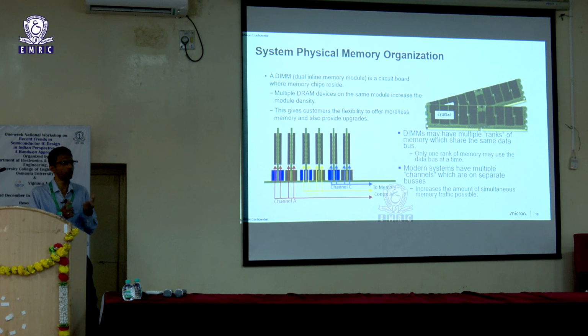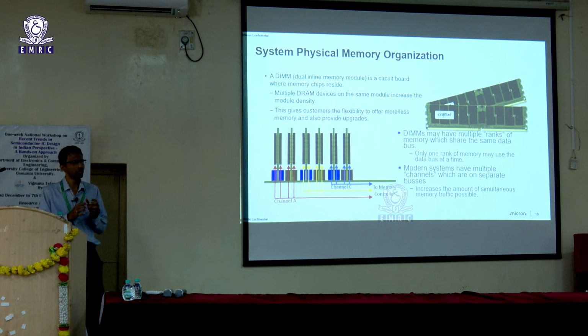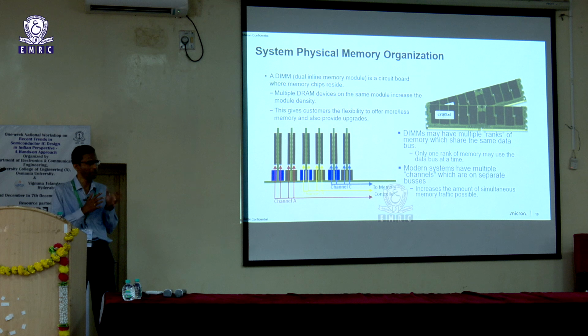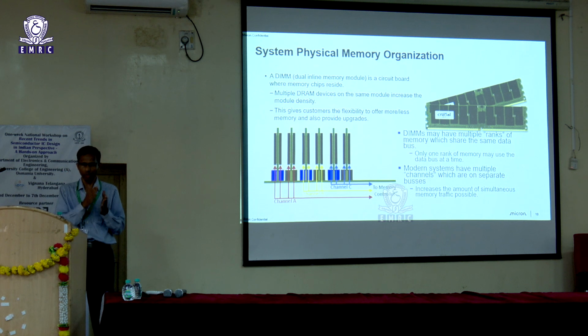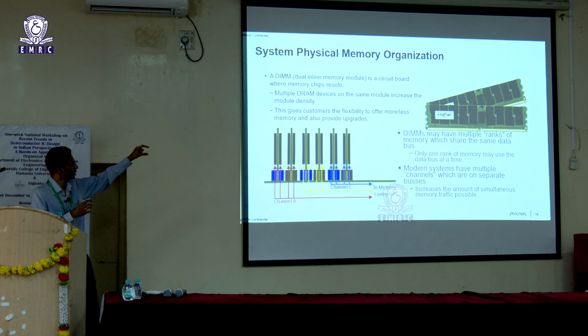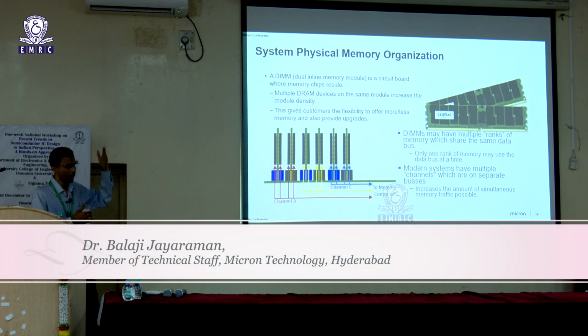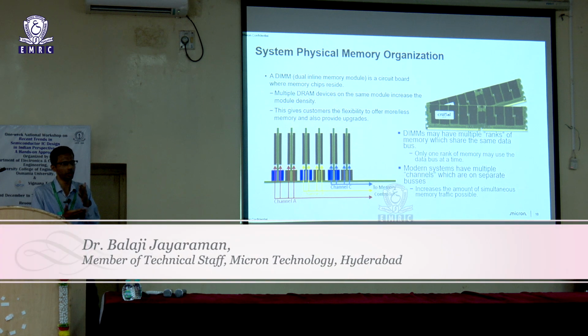Typically you would need 64 bits of data to interface with your CPU, and DRAM typically supports either 4, 8 or 16 bits of data from each chip. The typical configuration is 8. So if you take 8 bits of data coming out from each DRAM chip and you need a 64-bit interface with your CPU, you would need 8 such DRAM chips. These 8 DRAM chips will be housed in that small PCB board, which is called your DIMM, dual inline memory module. This is what you would have as your DRAM memory slots in your laptop.